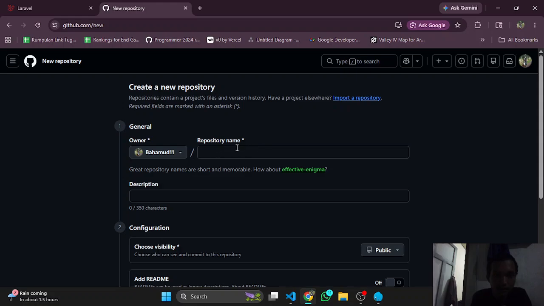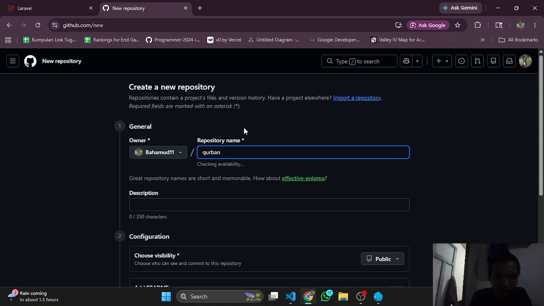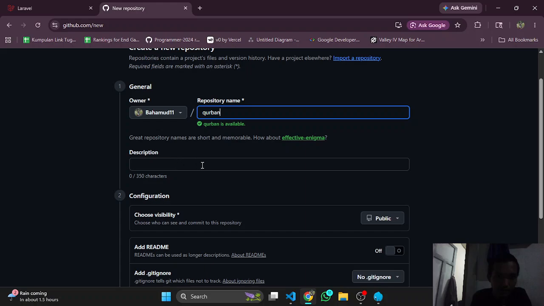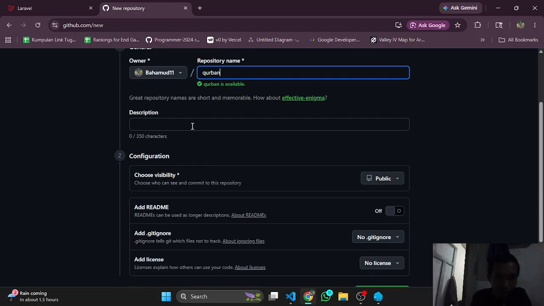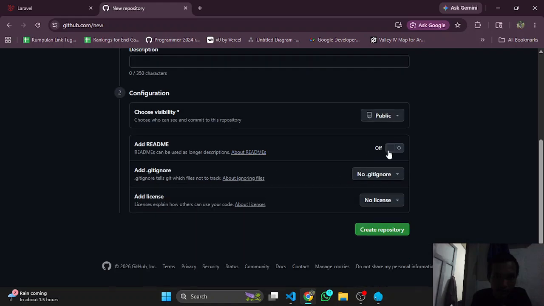Type your repository name; I will choose Kurban. For the description, you can leave it empty. For visibility, you can choose private or public. You can add a readme and gitignore. Let's create the repository.